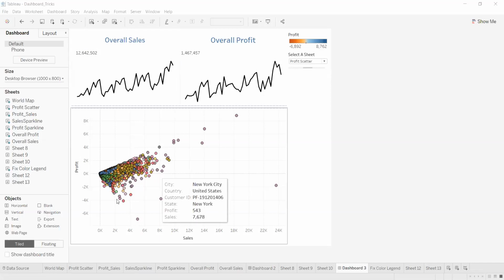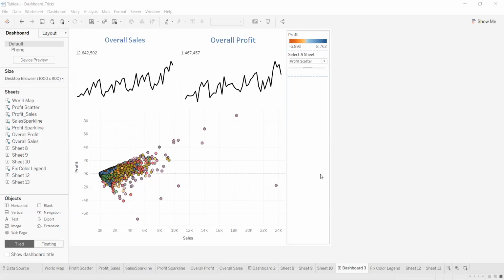Secondly, I've got this chart here, right? But you can see only one chart right now. But here on this dashboard, I have three charts. But how you can see those charts is you can see this parameter here. Select a sheet from here. From here, if I select world map,